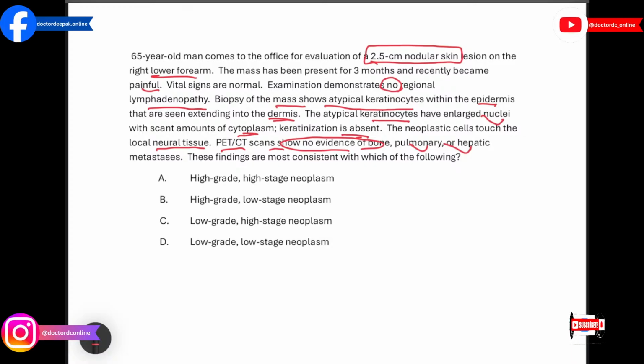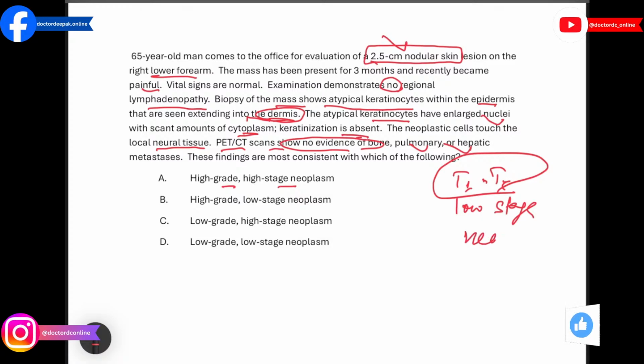In this question they give a scenario for a cancer, and we have to find its grade and stage. Okay, first we talk about the stage. Staging means how invasive the cancer is and how much it has spread to other parts. So it is just a 2.5 centimeter nodular skin lesion, and it is extending into the dermis. If it extends into the dermis, it is T1 or T2. I'd say this is a low stage